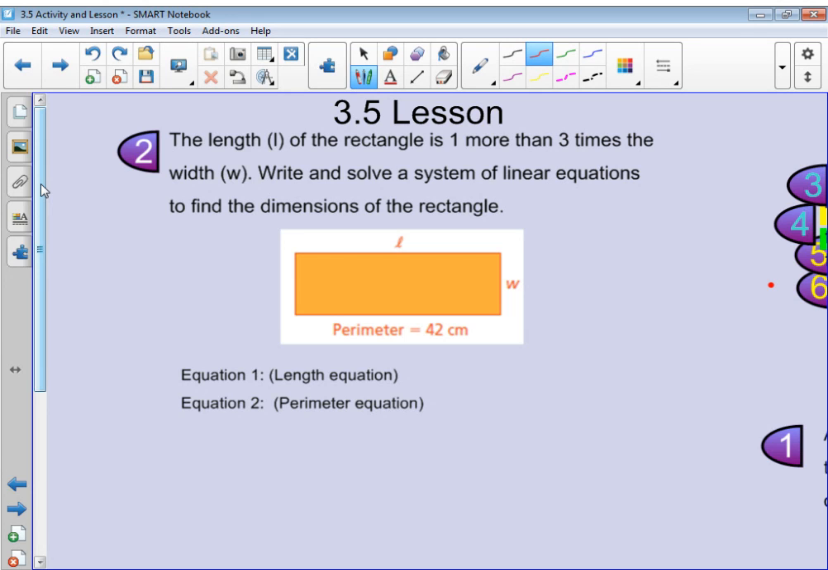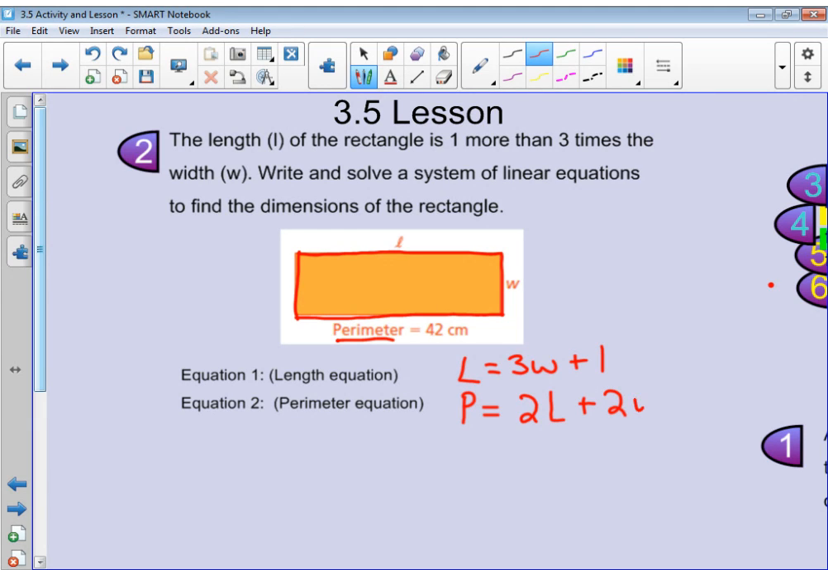So some other information they're giving us is the perimeter is 42. So for our first equation, we're going to write the length equation. How could we find the length? Well, the length is going to be equal to 3 times the width plus 1, right? Is 1 more than, yes, so plus 1. And our perimeter equation is the perimeter is equal to, well, to find perimeter, you would do your length plus your width plus your length plus your width, or 2 lengths